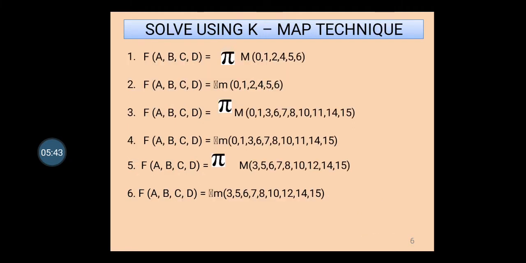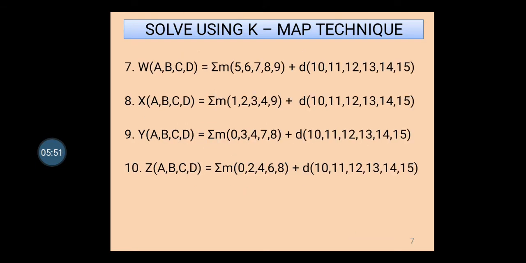Now these are the different equations I have given to solve using the K-map technique. These are the equations with don't care conditions. In these don't care conditions, all these numbers which are shown are the cell numbers, and there you have to put a cross. While grouping, you have to use this cross. Whether you are grouping ones, still use this cross; you can consider it as 1. And if you are grouping zeros, you have to consider it as zero. Thank you.